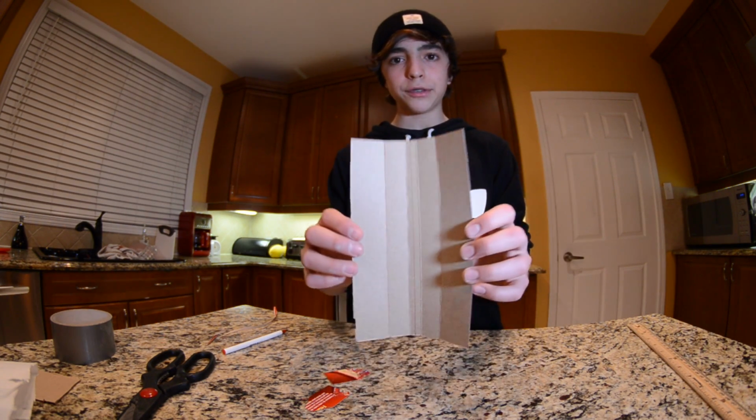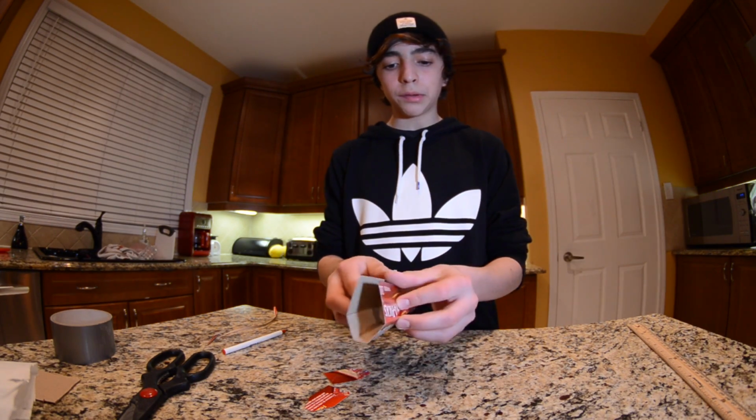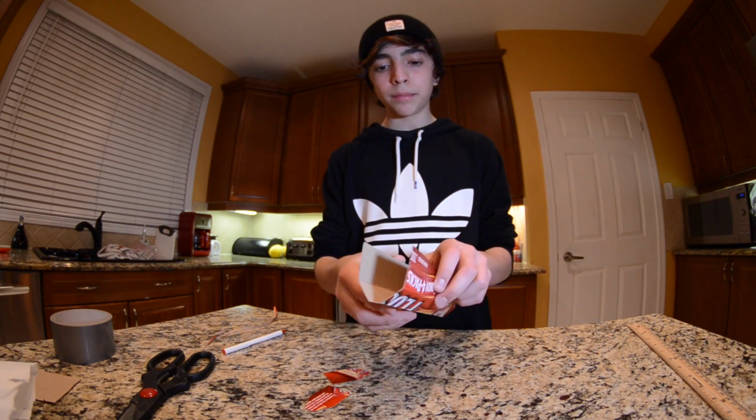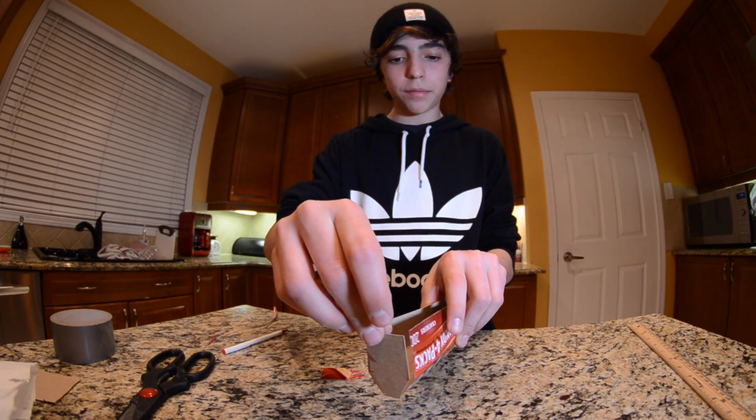The way I explained drawing the lines and folding it was kind of confusing, but basically once you're done folding it, you should have something that looks like this, that has the shape of a parking curb on the end, and you want it to be able to fit perfectly in the end when you fold it up. Alright, so you're going to take your duct tape and just peel out a strip,